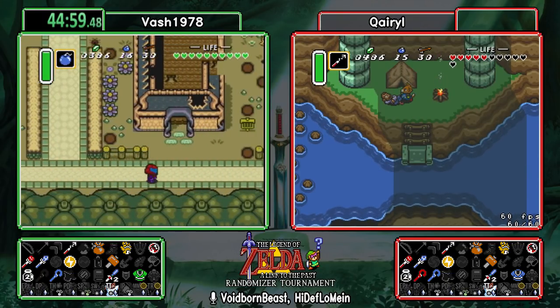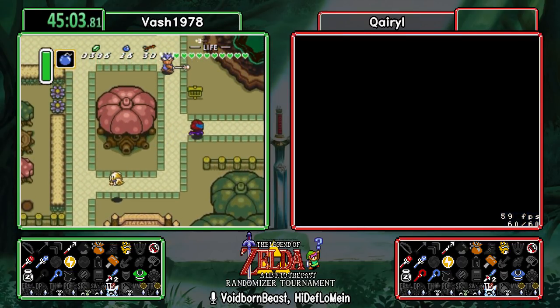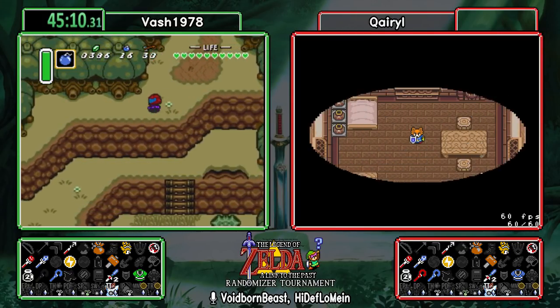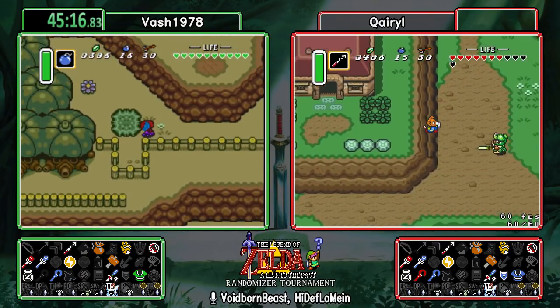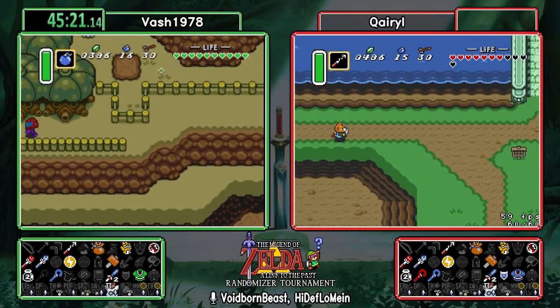Fake flippers is one of those tricks that the first couple times you learn how to do it and do it successfully, it's immensely satisfying. Oh, it's my favorite trick in the game. I get upset when I pick up the flippers early. It's like, ah. Yeah, I just picked it up, started doing it myself a few runs ago, so...